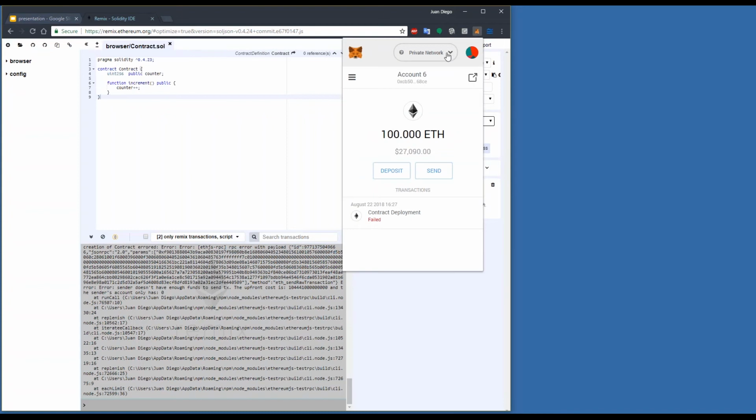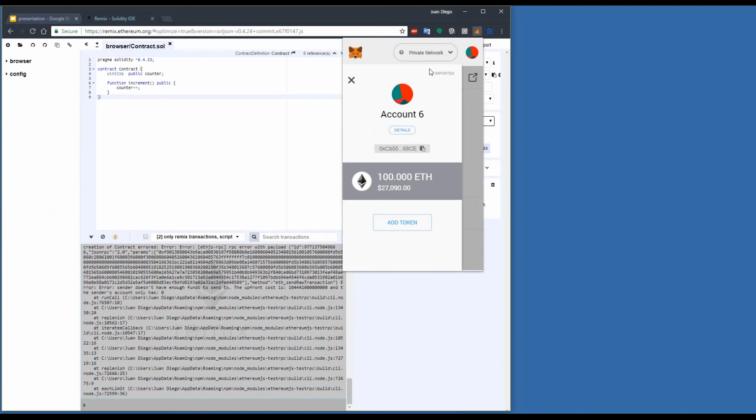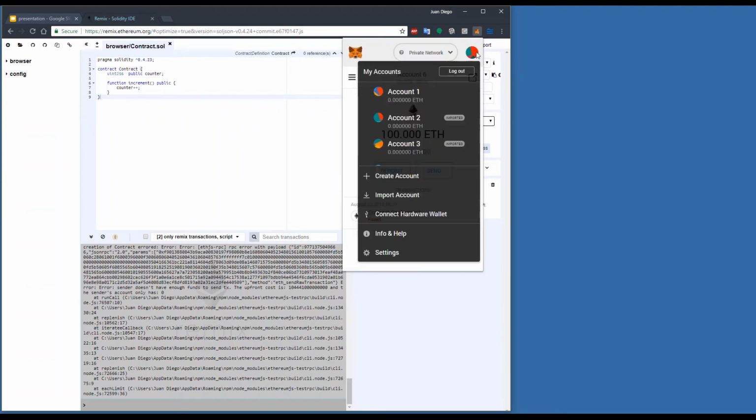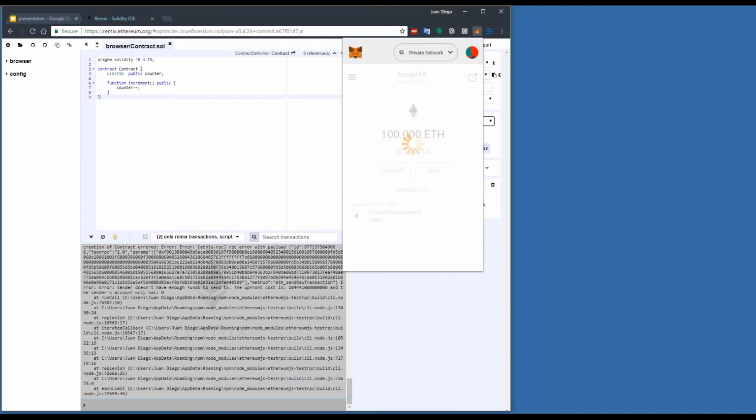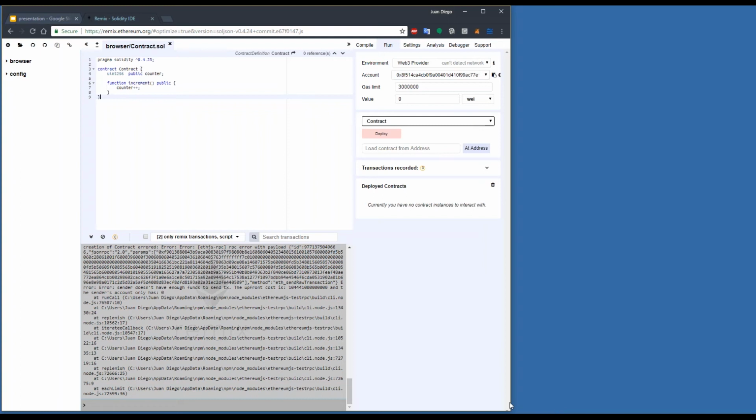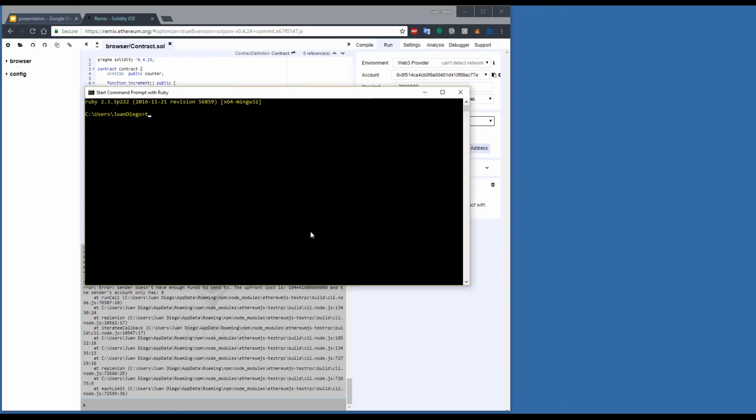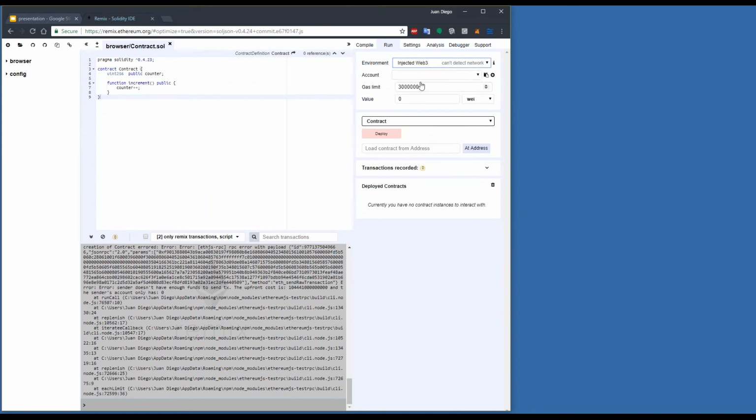Oh, actually, I could have done something better. Instead of saying that I want to connect to the test RPC node, I could have connected to Ganache, which was my other open blockchain node, and it's a good opportunity to test that. Okay, so now we have a